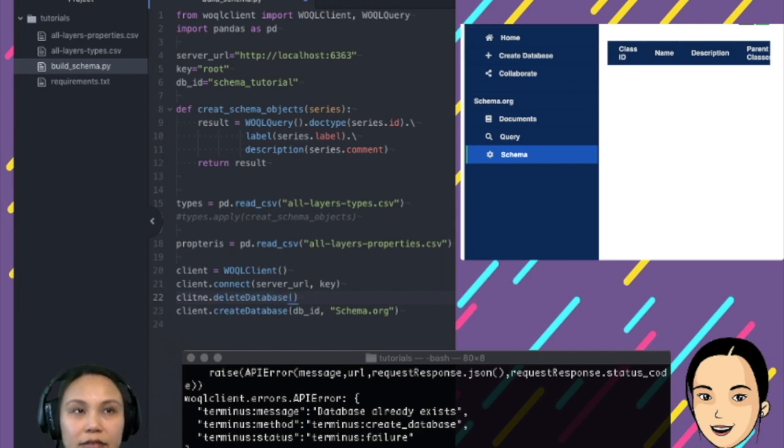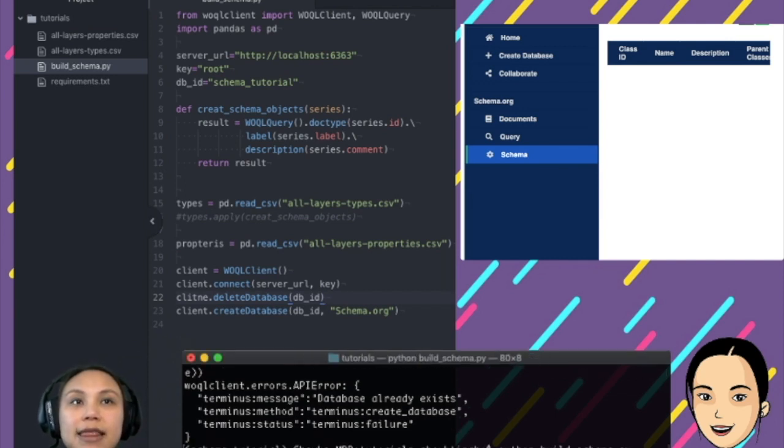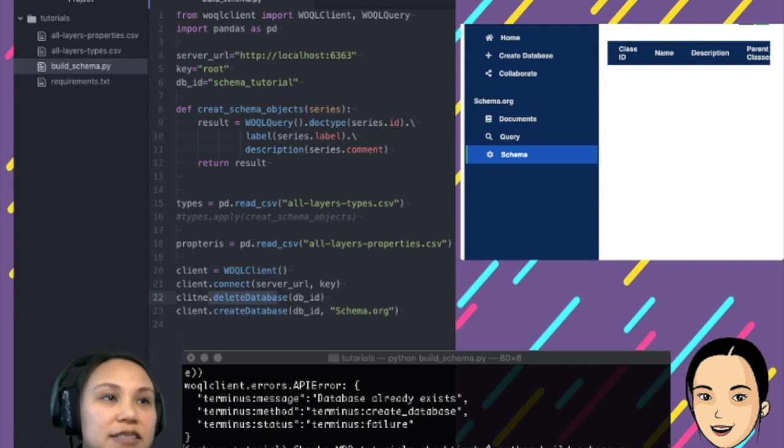So I'll give the same database ID. So just tell TerminusDB, okay, I want to start from scratch. Please delete it and create a new one for me. So if you run it now, you won't have an error again. But if you run this script like the first time, then it will tell you, oh no, I can't find this database to delete. So yeah, it's funny.